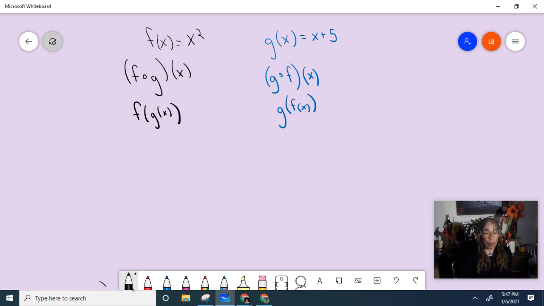And just as a quick review, back in the day when life was easy and somebody would give you f of x equals x squared and ask you to find f of -3, you intuitively knew that you were going to plug that, where you used to have x, you would put a parenthesis and you would plug -3 in there and you would do whatever was done to that. And you would get f of -3 equals 9